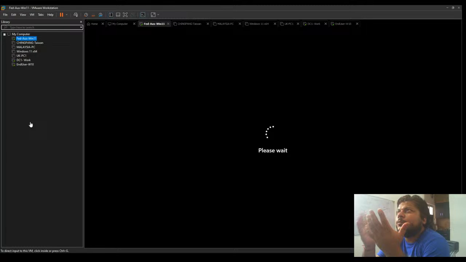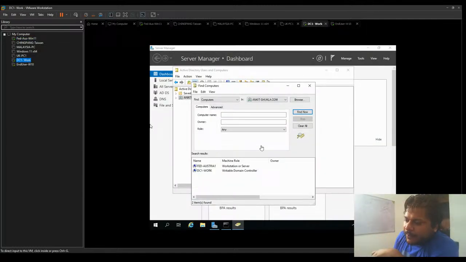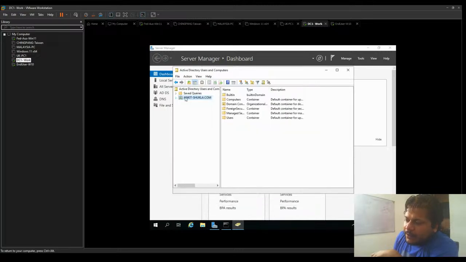Now, assuming an IT employee has just joined the company, and you configured the machine for them, you join that machine to the domain. They will own a set of identity, which means they will have a separate username and password, their own credentials. They will not use yours to log in, right? Because you are the domain administrator, with higher privileges than the end user. You will create an identity for them to log into the computer, and that identity, just like the computer's identity, will be managed using Active Directory. So I'll go back to my domain here, and under my domain, I have organizational units.